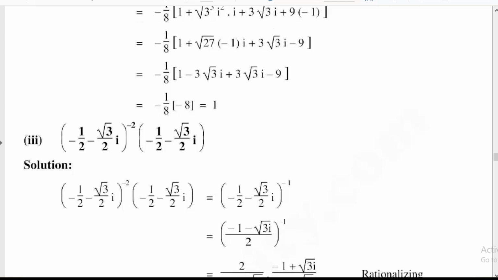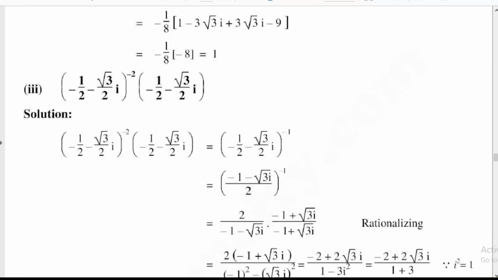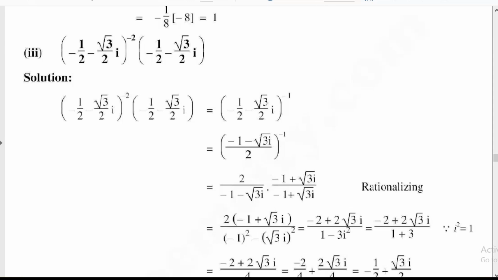So next, take the minus power in numerator form, that is the power will be positive: 1 divided by minus 1 minus under root 3 iota divided by 2. So separating the power, the whole denominator can also be written in numerator form: 2 divided by minus 1 minus under root of 3 iota. So by rationalization, minus 1 plus under root of 3 iota divided by minus 1 plus under root of 3 iota. So 2 into minus 1 plus under root of 3 iota divided by minus 1 minus under root 3 iota